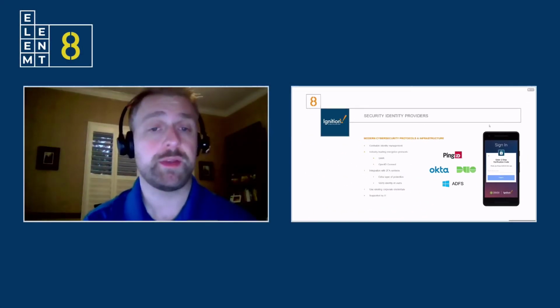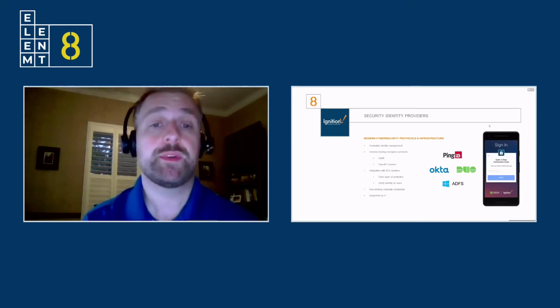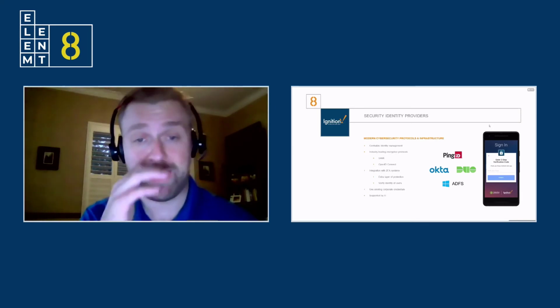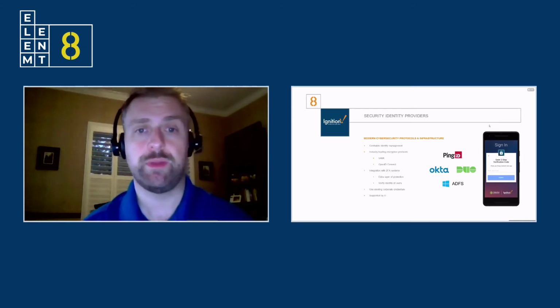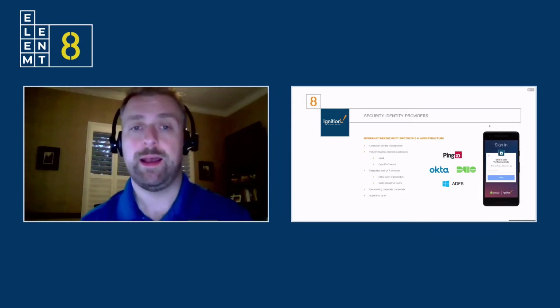Those are the protocols that are being used. But these systems, not only are they easy to use, but they provide extra layers of protection through two-factor authentication. So that second form, when I send a push notification to a phone, they have to approve,